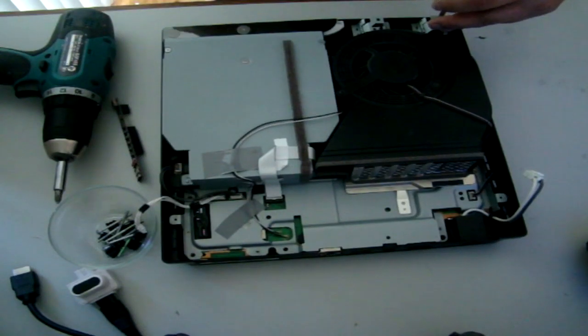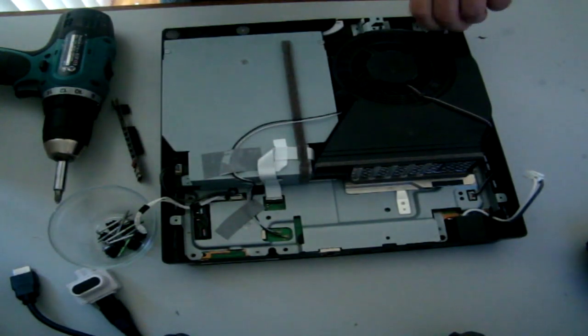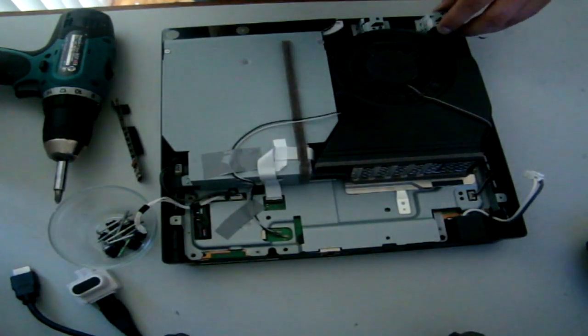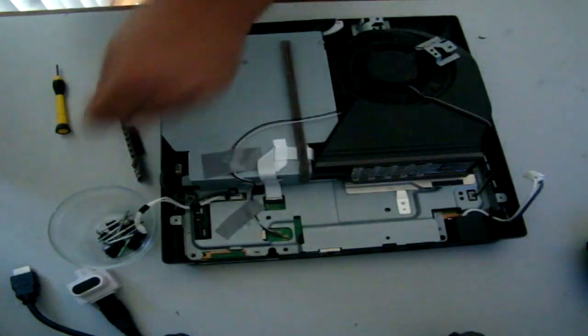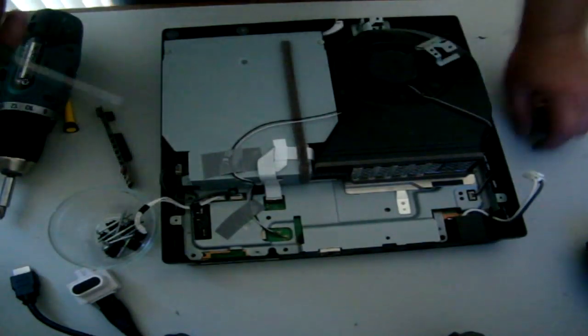If you want, pause to re-put this back together, play it in reverse, pause it when you need to, and so on. Look at that, that's why you need a magnetised screwdriver, because these little ones are completely annoying. Okay, look,